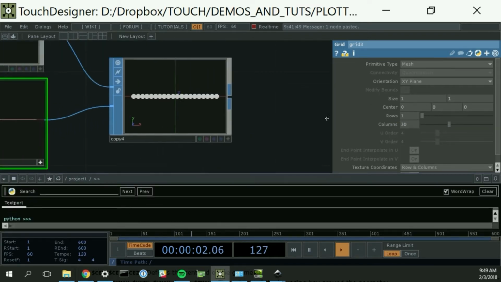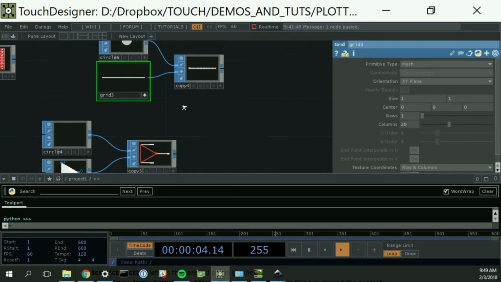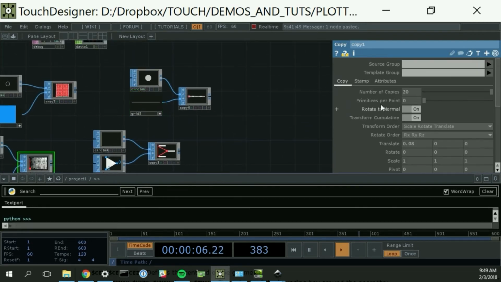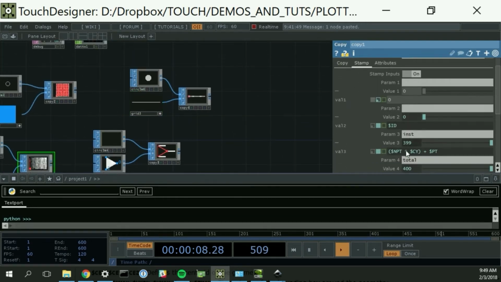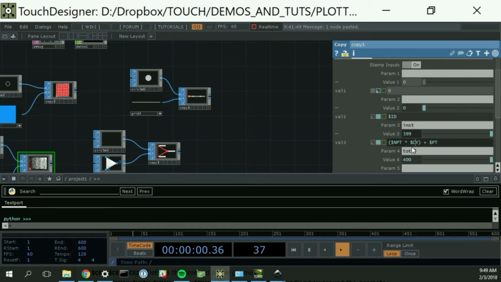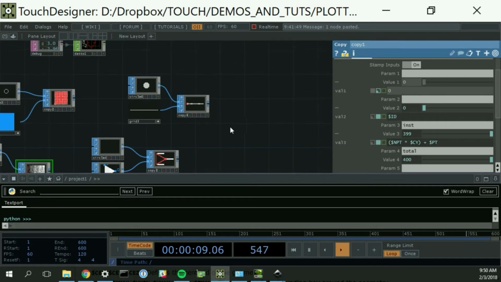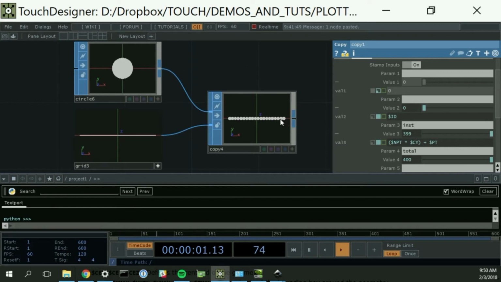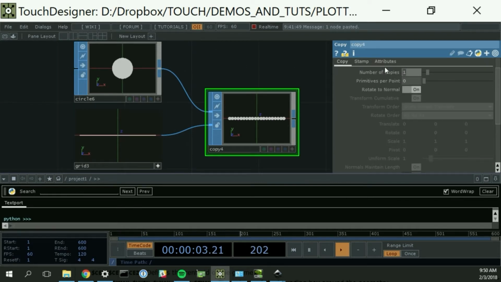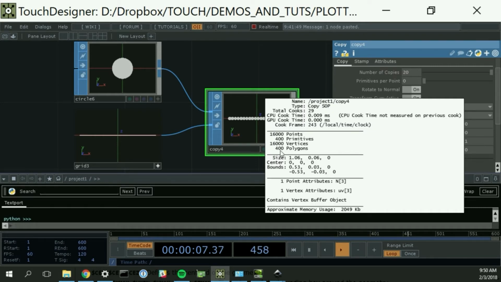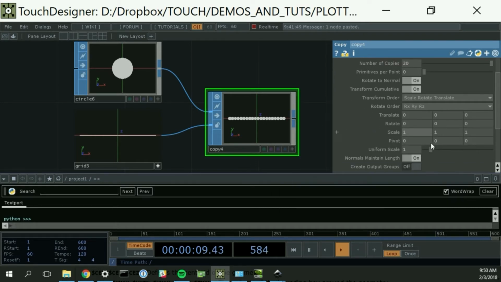Okay. Great. So again, you probably already did this, but we're saying the number of points times the number of the copy, the number of total points times the number of the copy plus the number of points. I'll show you what I mean. Here, I'm going to make 20 copies, let's say. They're all sitting on top of each other, but we know they're there because we have 400, 20 by 20. And I'm going to translate in the Y by